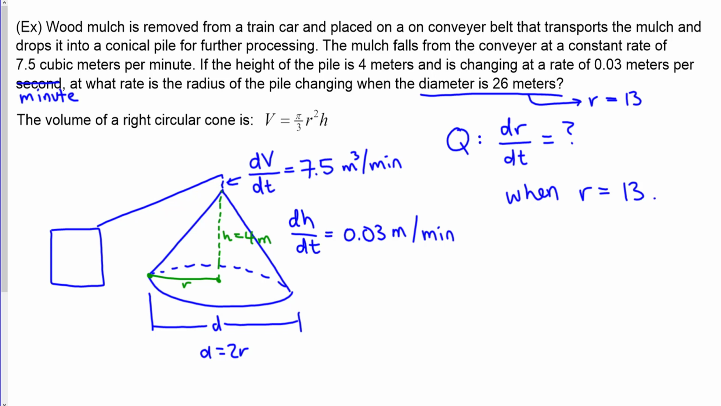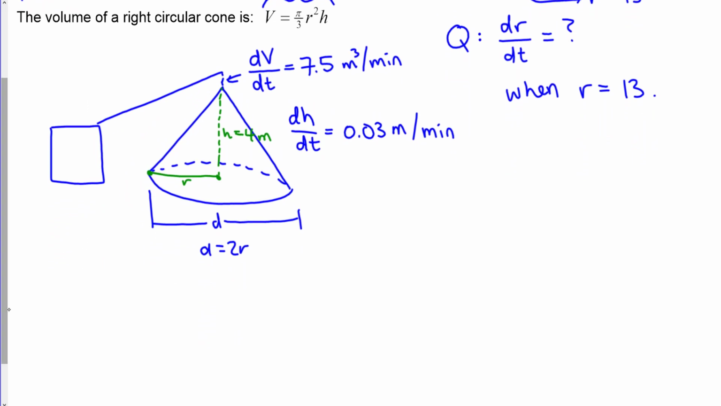Okay, now this formula that's given right here relates volume, radius of the pile, and height of the pile all together. This is what we're going to use to come up with a related rates formula. This, again, relates the variables themselves. We need something that relates the derivatives of the variables, so the related rates formula. Let's work on that. So a related rates formula